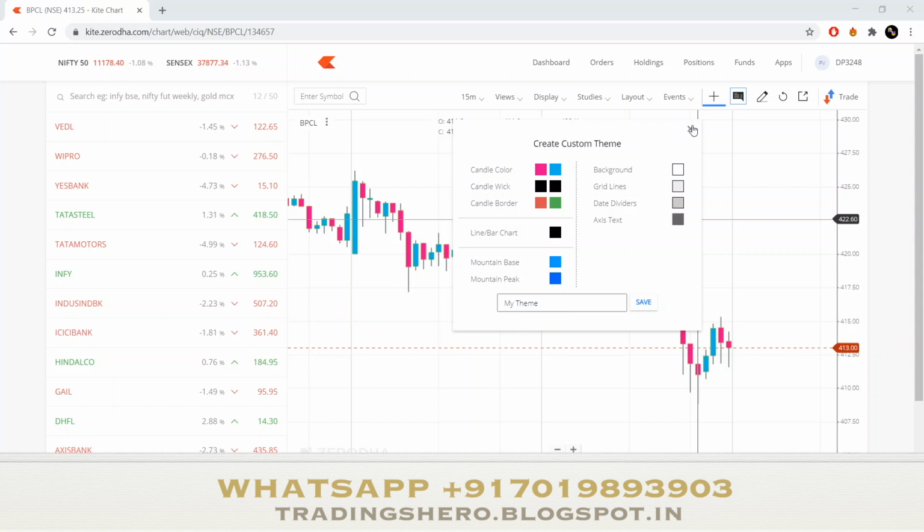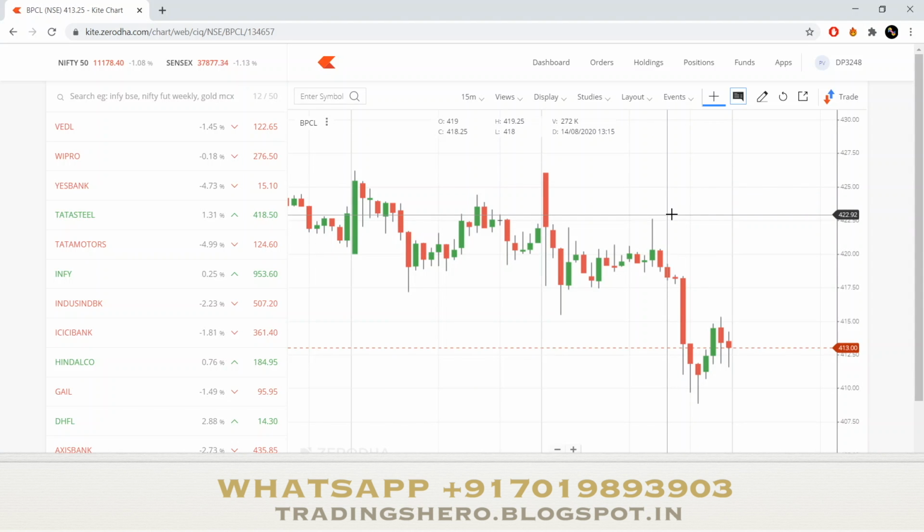Okay, so guys, keep in mind that Zerodha has two kinds of charts, that is ChartIQ and the TradingView chart. So the chart I'm using right now is ChartIQ. Both have the same capabilities, so I prefer to use ChartIQ because I'm using this from the first, and this chart is better and cleaner.